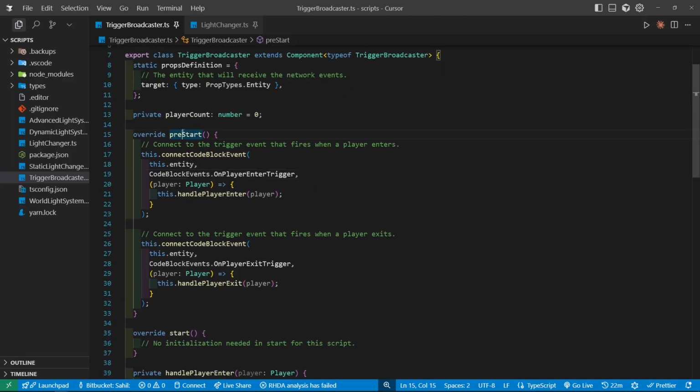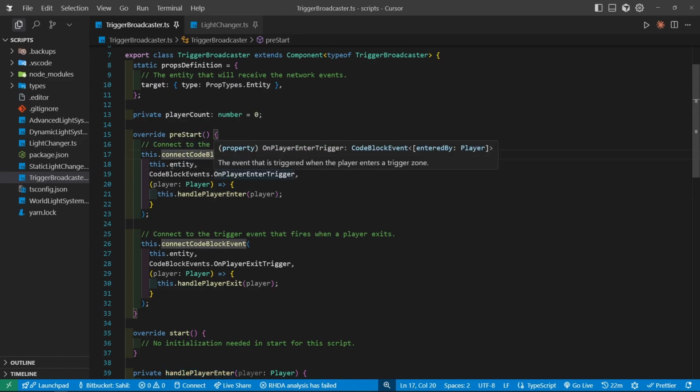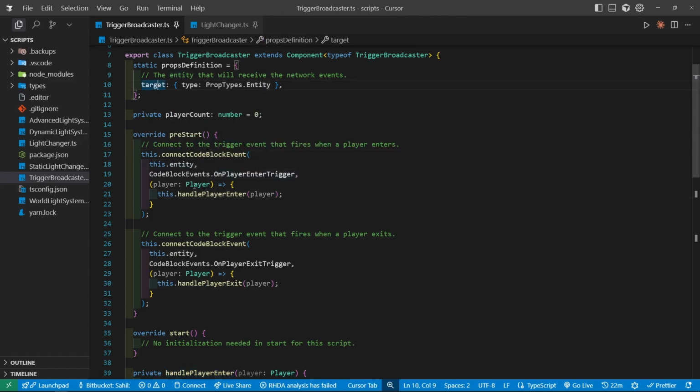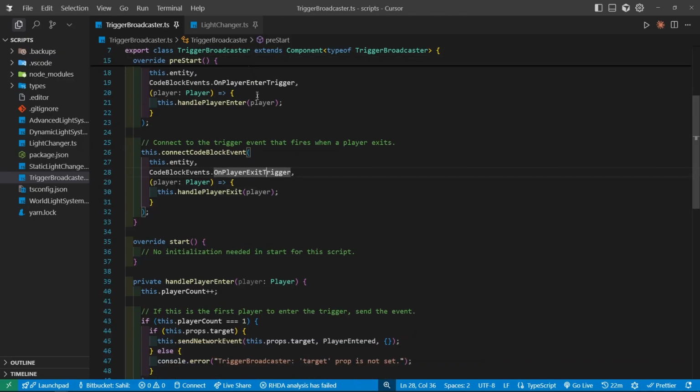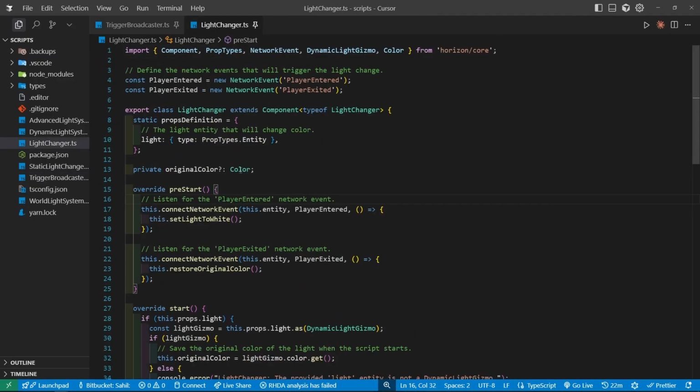Okay, so before we start, we set up two connection blocks and saying, okay, for this entity, which is the trigger, if the player enters, we broadcast an event, and also if the player exits, we also broadcast the events. Okay, now there is another thing where we need to handle those events, right? So to handle those events,